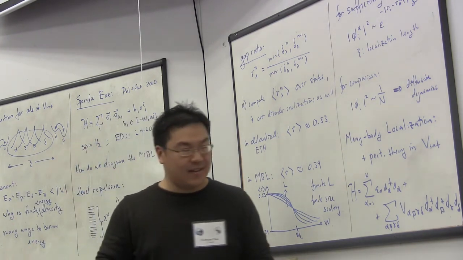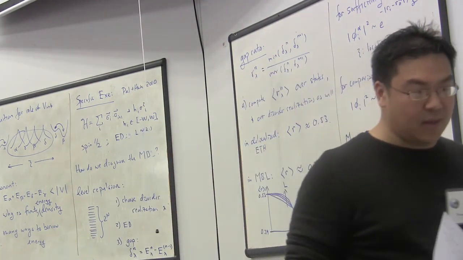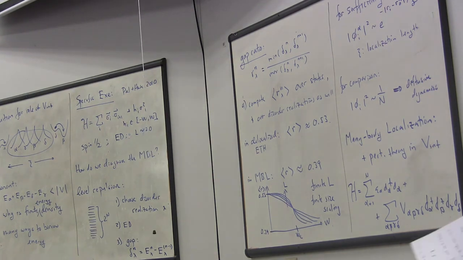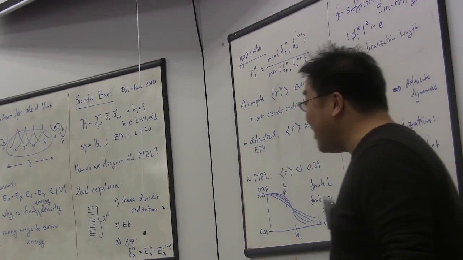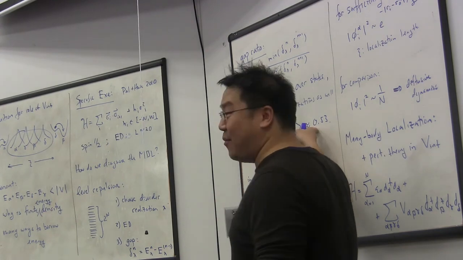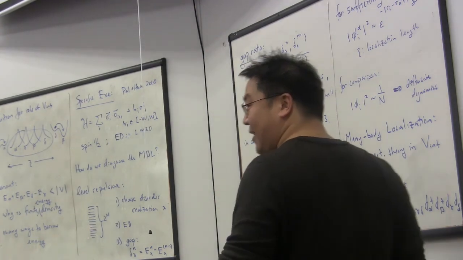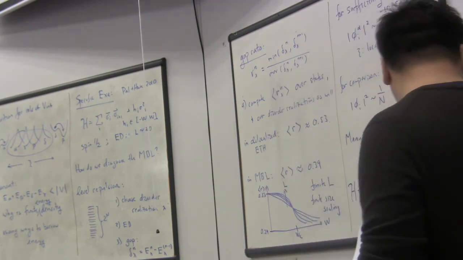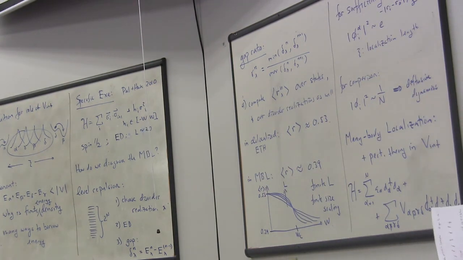Okay, so if I had some arbitrary model, I would really just see if I could get two values of these that were different, with the lower one corresponding to some MBL phase, and see if there's some sort of transition. Yeah, and basically if you take any model that is not many-body localized, and you do this procedure, you always get 0.53. And the models that look like this are models that are not ergodic, so maybe either integrable or localized in some way.